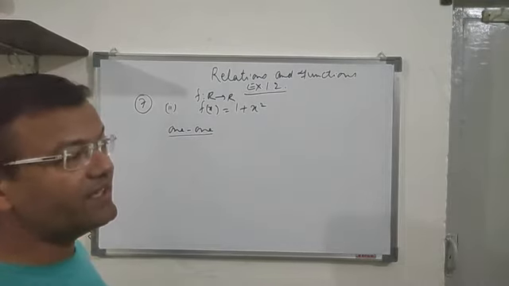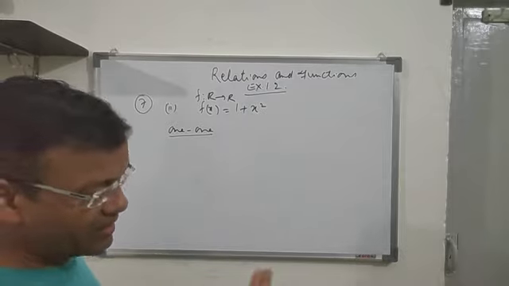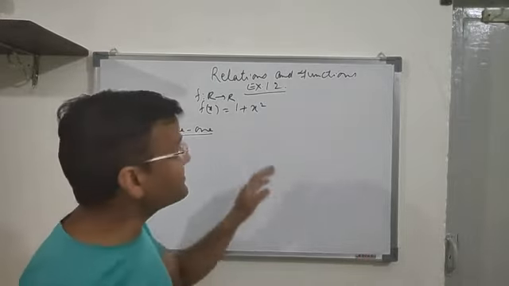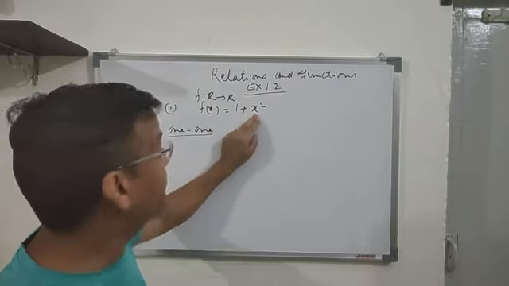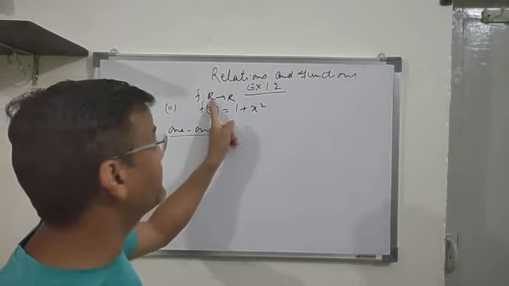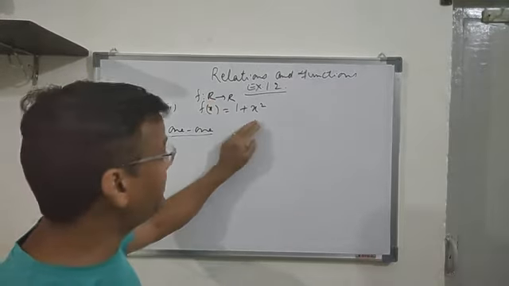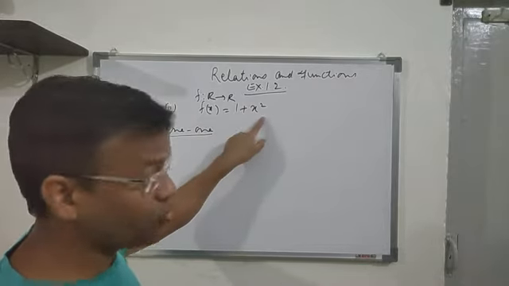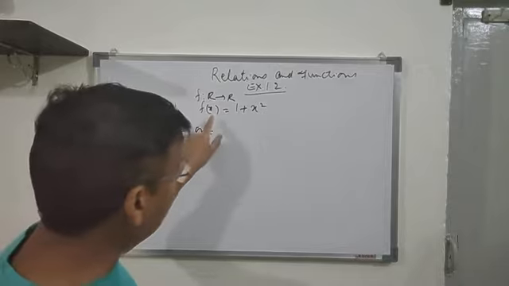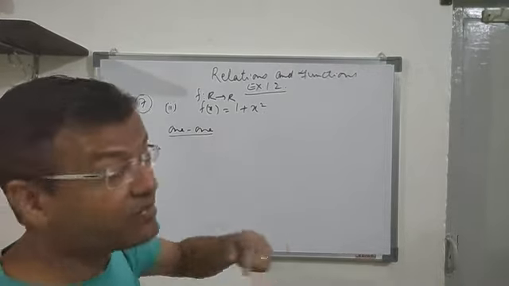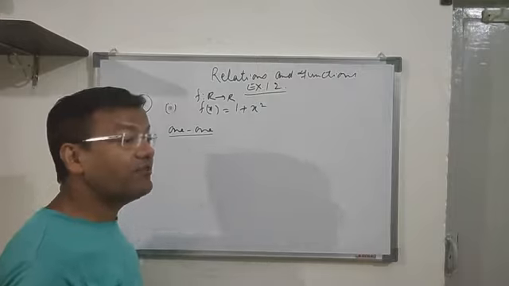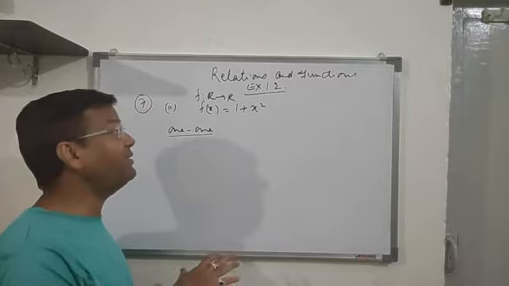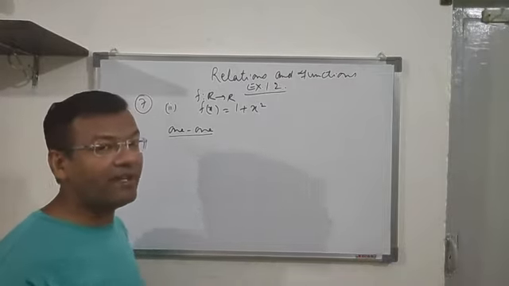Just before proving that the function is not 1-1, it's a good attitude to check by taking some examples. Suppose I assume the value of x is 2, because I have to take any element of the domain. If I take the value of x as 2, I'll get f(2) equals 1 plus 2 square, that is 4, 4 plus 1, 5. And if I take the value of x as minus 2, again I'll get the same result. That means for different elements I am getting the same functional value. So it cannot be a 1-1 function.